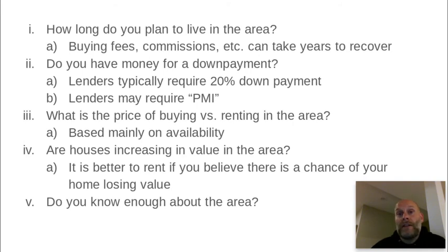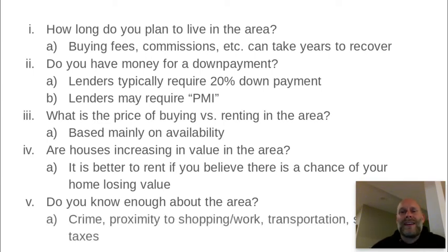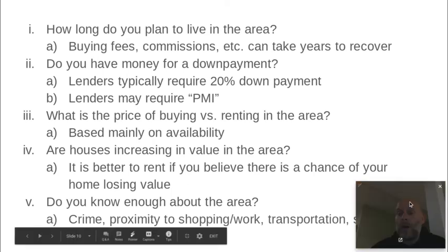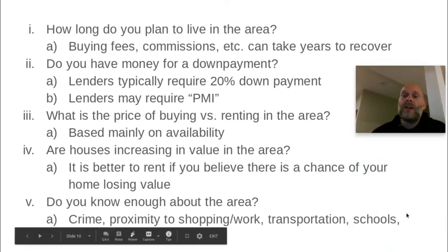And then finally, it had to be affordable because you can hit those first two criteria pretty easily, but then you're in Weston or Hopkinton and you're paying $700,000 for a house that we can buy in Grafton for $400,000. So you need to understand the area, know what you want. And even more specific to that, what about crime? What about things like that? Proximity to where you want to work, public transportation. You need to understand these things.